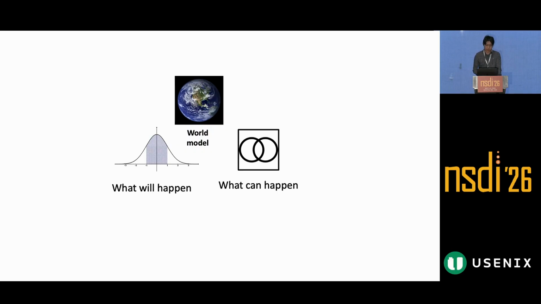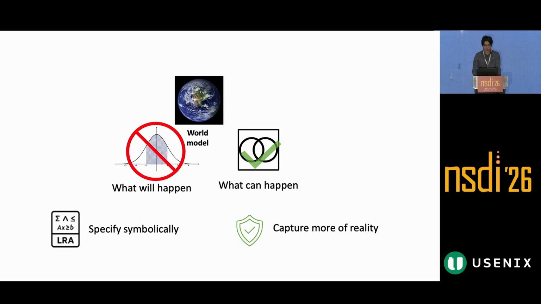So our key idea is that most models are just trying to do too much. They are trying to predict the exact probability distribution of what will happen. Instead, if we just predict only the set of things that can happen, it is a much easier task. So we advocate for non-deterministic, worst-case models instead of stochastic or probabilistic ones. They can be easily specified symbolically with logic, and they can also capture more of reality,